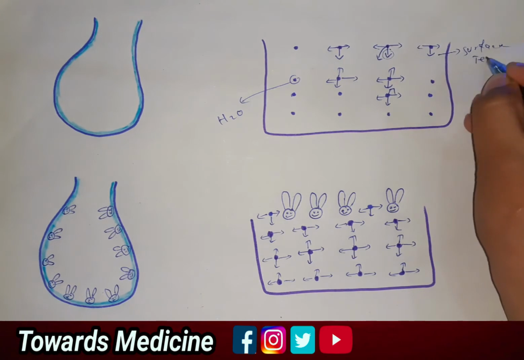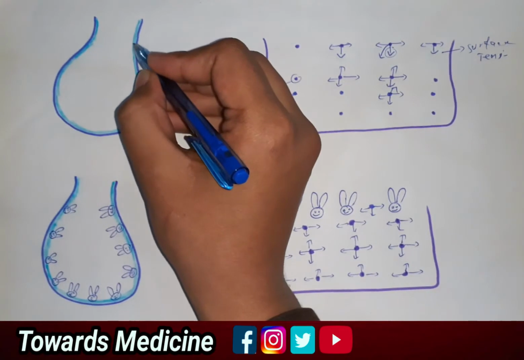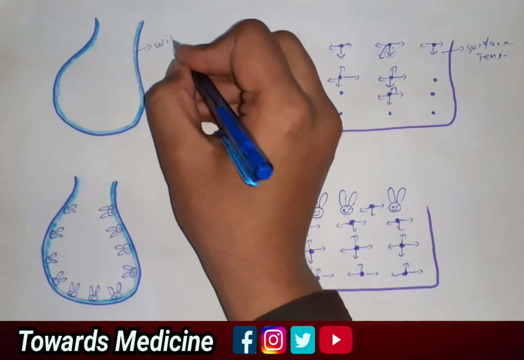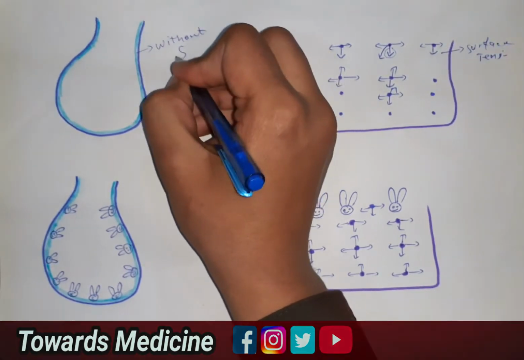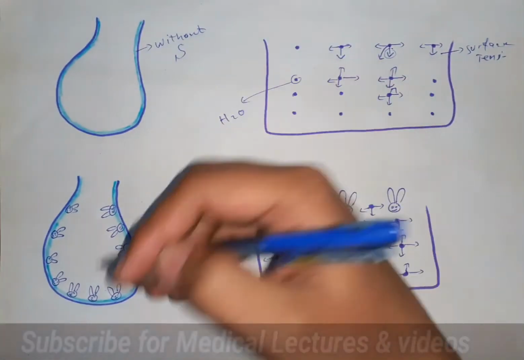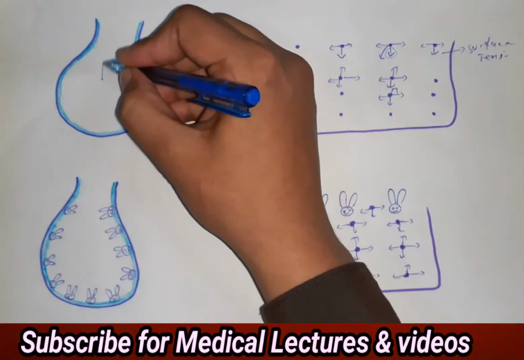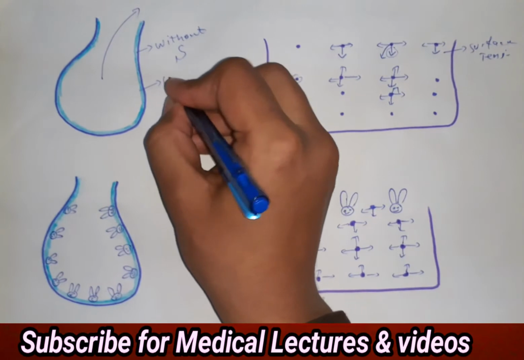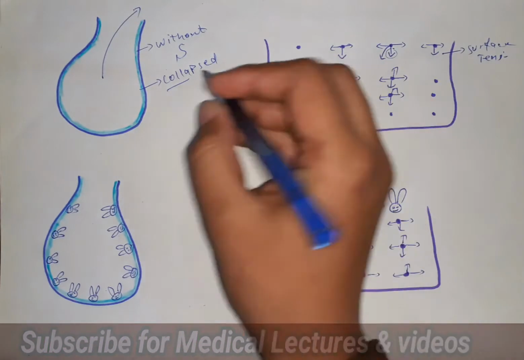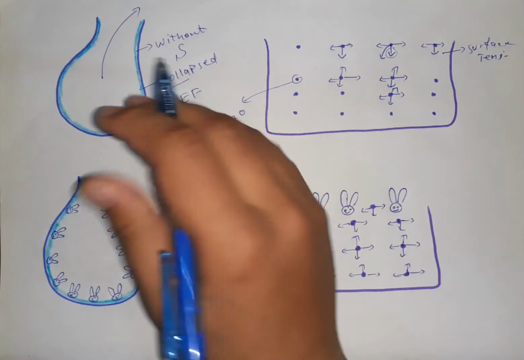The same contractile phenomenon also occurs in alveoli. You can see this is an alveolus and this is the alveolar fluid lining it, and this alveolar fluid is without surfactant. Water molecules present in this fluid are contracting in the same way and trying to move downward. As a result, these alveoli try to contract and push the air out, and the alveoli collapse. This surface tension force, also known as surface tension elastic force, is trying to collapse the alveoli.